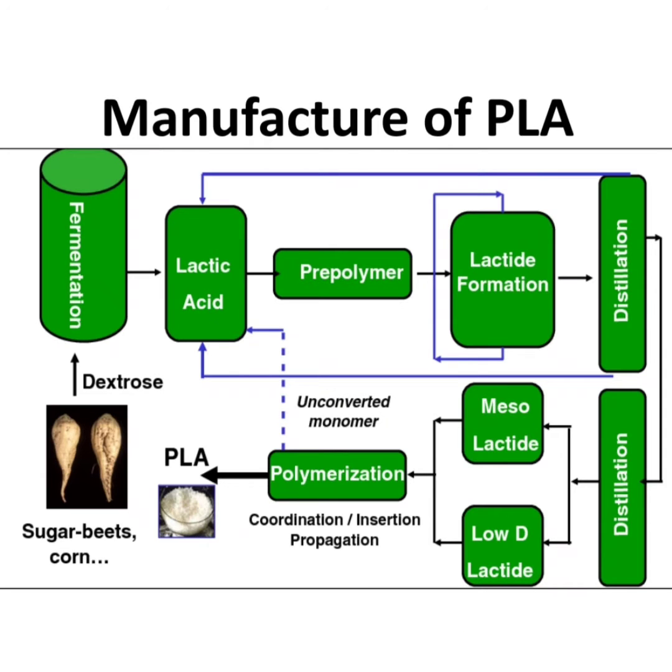How is PLA manufactured? First, sugar beets or corn are used to extract the dextrose, and fermentation is done, where the production of lactic acid occurs. This lactic acid is made into a pre-polymer, and then lactate formation is done. The lactate is again put in a distillator to cause distillation. The distillation can also result in the formation of lactic acid again, or it can be converted into mesolactide and low D lactide, which undergoes polymerization by coordination and insertion propagation, and PLA is formed in the form of a